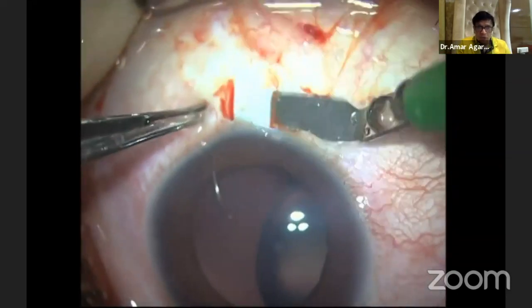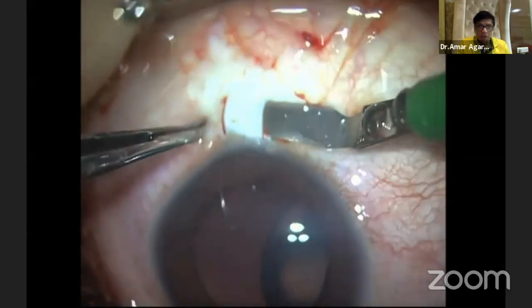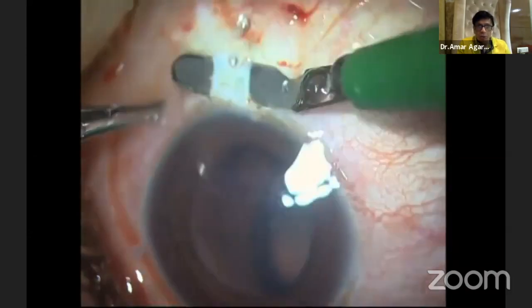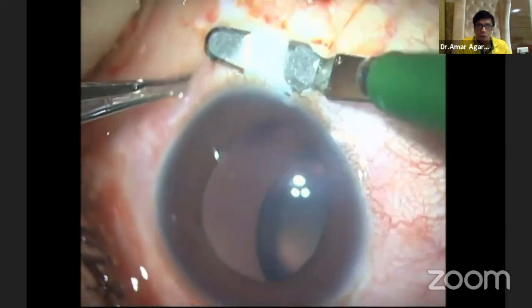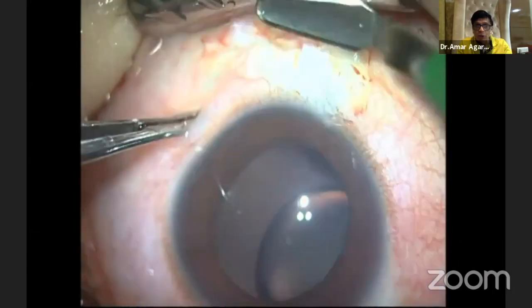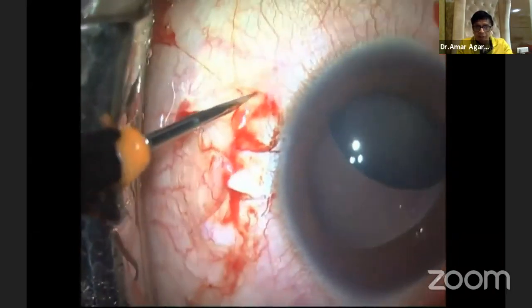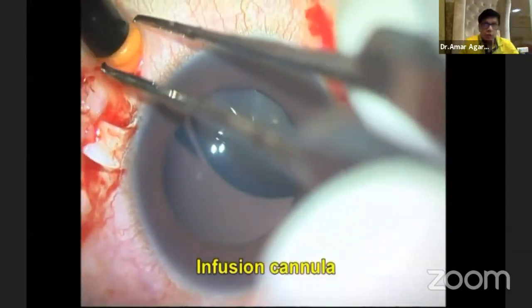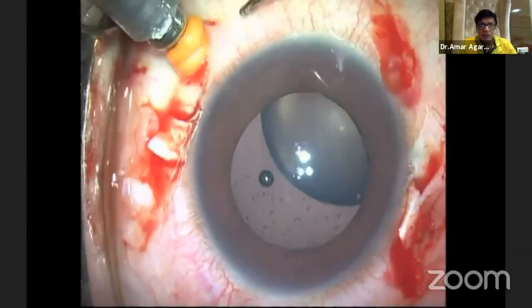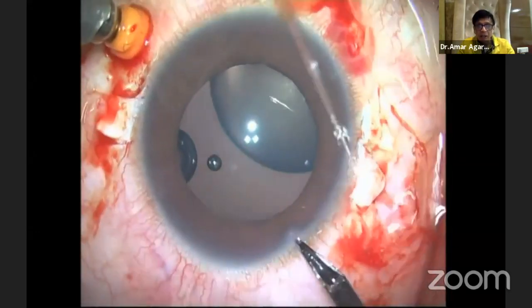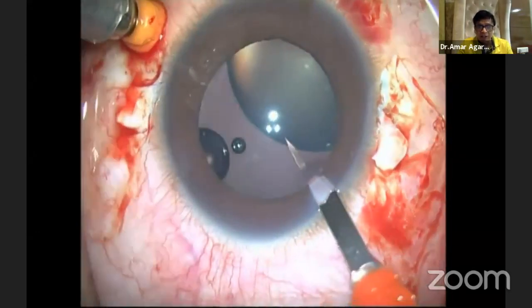Jeevan Ladi from Pune actually explained this to me, and since then I've been using this vertical glued IOL. So wherever the flaps are, you have to sit exactly 90 degrees from that. Now see, I've rotated the patient. That means the flaps have now become horizontal, though it was 12 to 6. The advantage you will understand when I do the handshake technique. Now I made my infusion cannula inside.